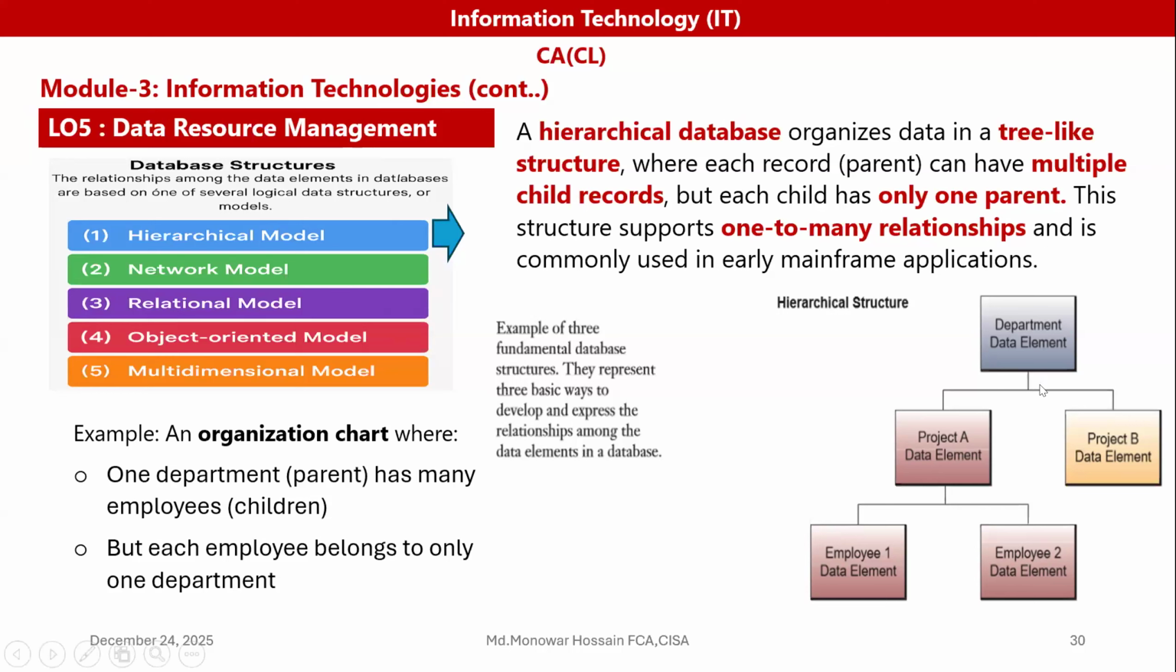Look here, department, data element, and within the organization there are 2 projects running by the department, project A and project B, and within project A, 2 employees are working. So this is the organizational structure, the hierarchical model. That means tree model, a fundamental database structure. They represent the 3 basic ways to develop and express the relationship. So here, hierarchical model, then